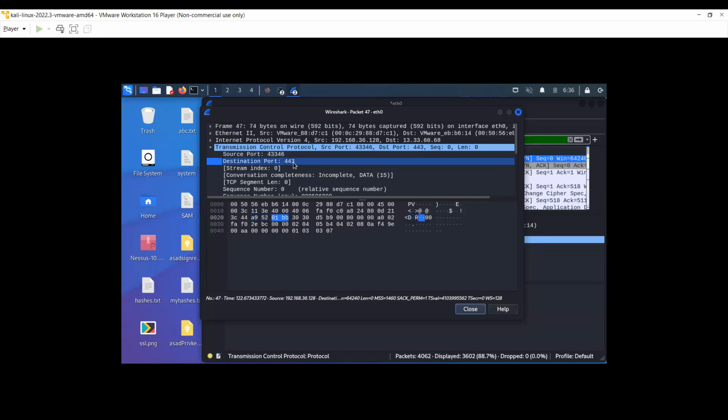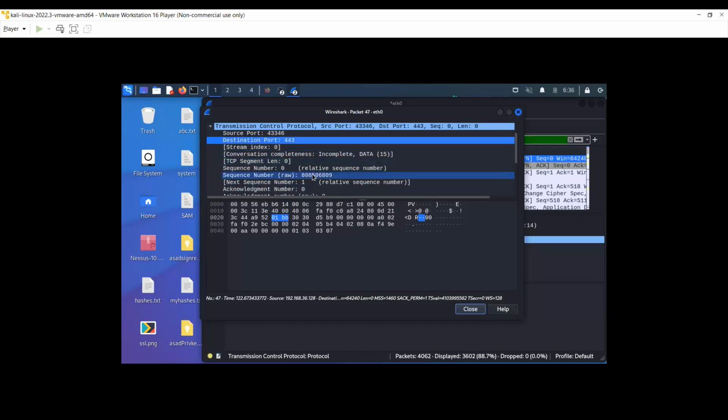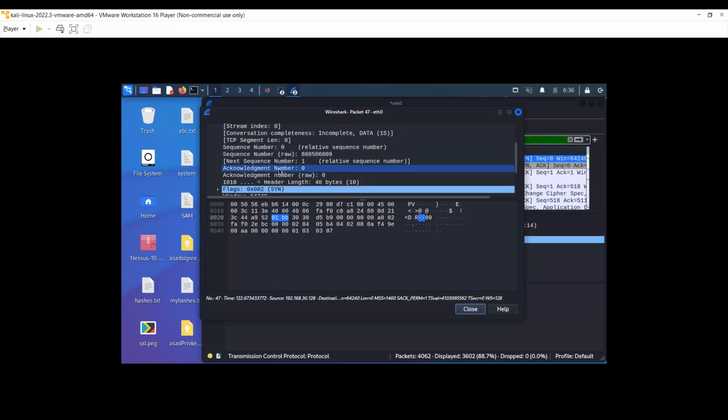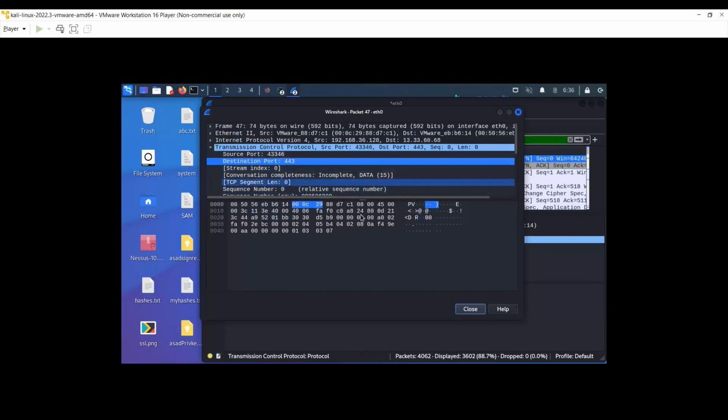And then the destination port, because I requested HTTPS. So basically what it means is that I'm sending a request on port 443 of the destination, right? And then you can scroll down and see a lot of other information, which at this stage you don't really need to go into all the details of, like the segments and the segment length and so on. But imagine if this was a packet containing a clear text username and password, then obviously when you come to the data field of this packet, you will be able to see